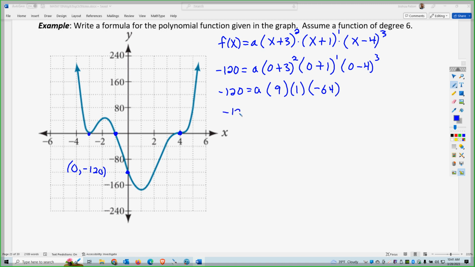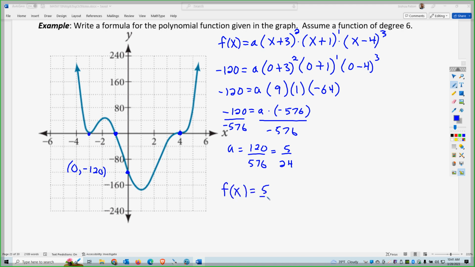So let's see, negative 120 equals a times 9 times 64, which is 576, but negative. So if I divide by negative 576, a equals 120 over 576, which is 5 over 24, taking out the common factor. Okay, so my actual function is 5 over 24,